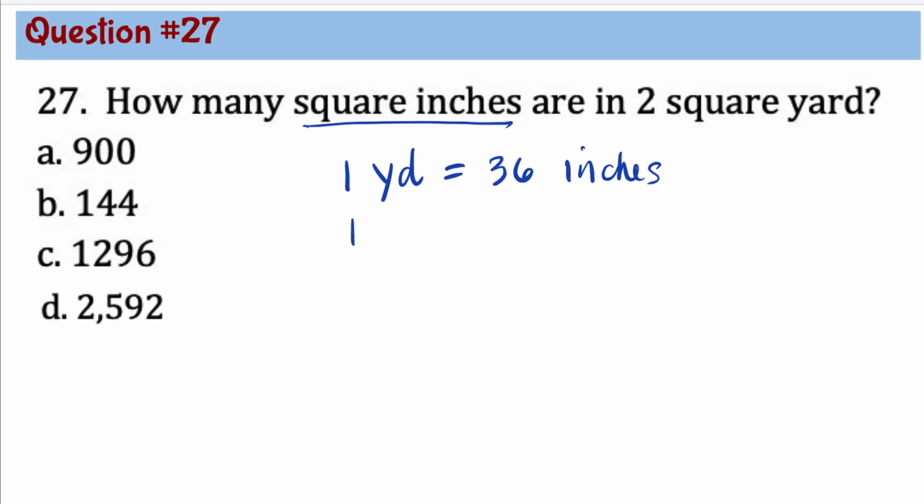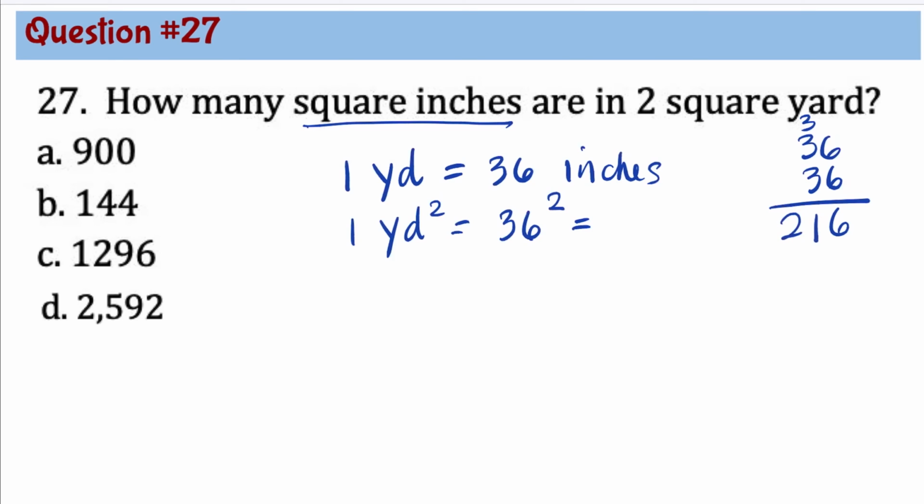So if you do 1 yard square, that means you need to do 36 times 36 because 1 yard is 36. Yard square means 36 square. And if you do 36 times 36, 6 times 6 is 36, carry 3. 6 times 3, 18, plus 3 is 21. 3 times 6, 18, carry 1, 3 times 3, 9, plus 1 is 10. So it is